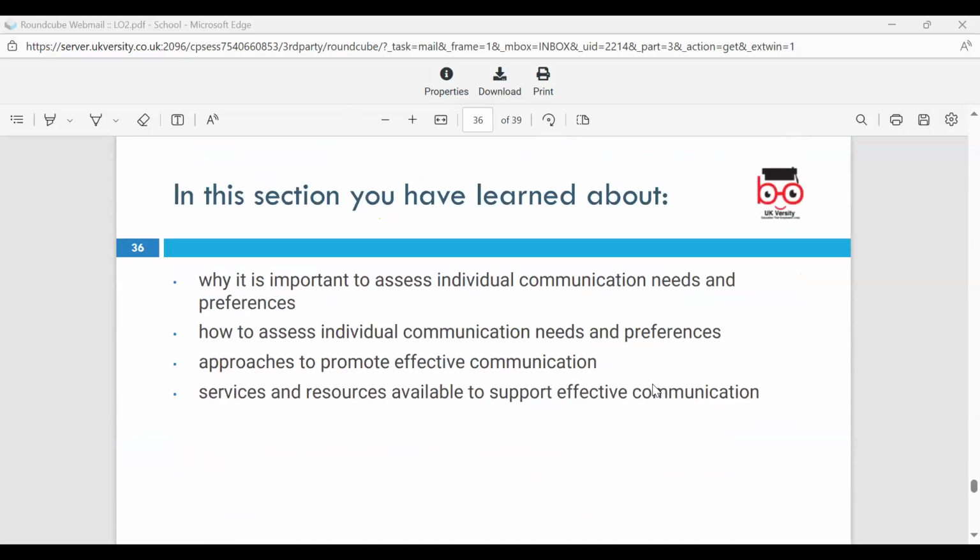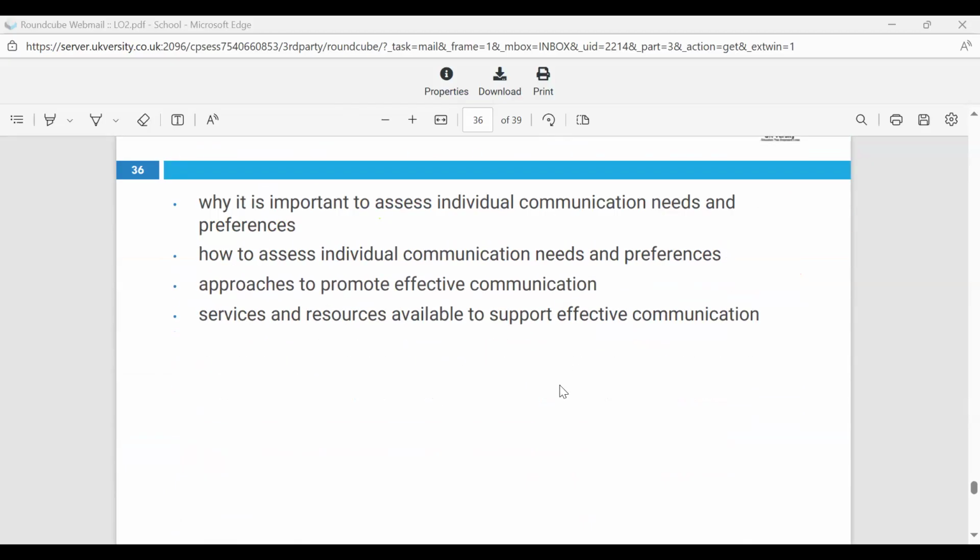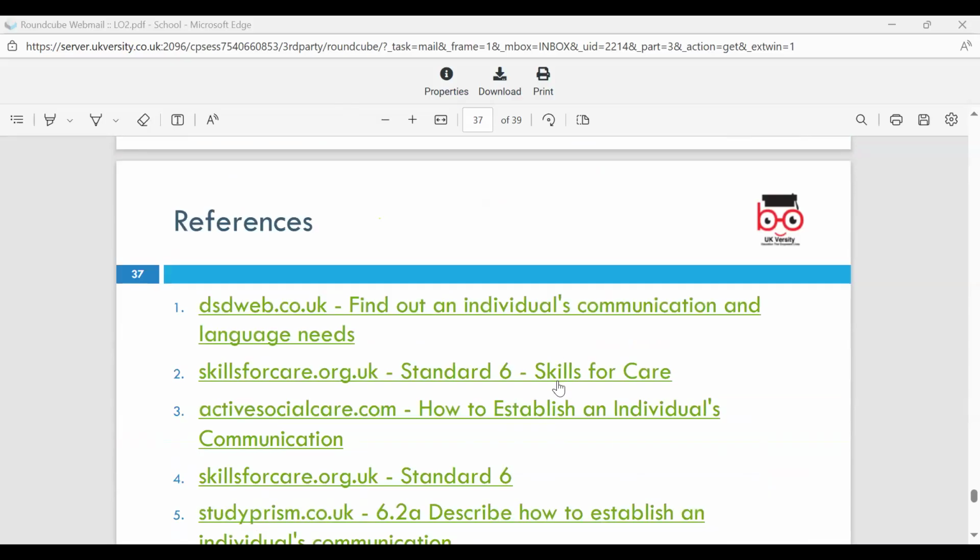So in this section, we looked at the importance of assessing individuals' needs, how to look at communication needs, and references to supporting effective communication and resources. So these are some of the links that we've used. I'm just going to give you an overview of what we've been through today. We looked at learning outcome 2, which was to understand the communication needs and preferences of individuals. We looked at elements of how to determine communication needs. We looked at approaches to communication: verbal, written, non-verbal, formal, advocate, interpreter, the use of aids, adaptations, British Sign Language, Makaton. We also looked at services to promote effective communication and why speech and language therapist supports are quite important.